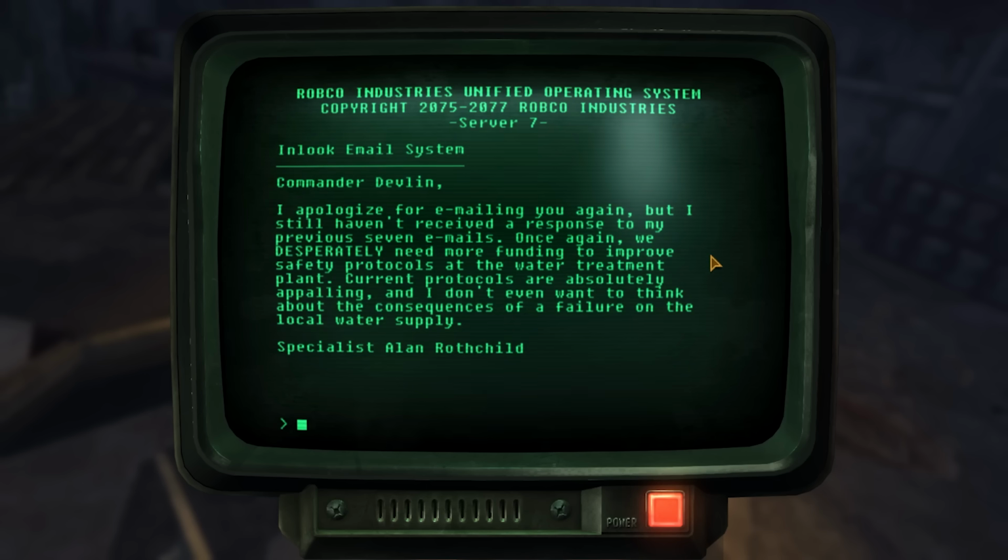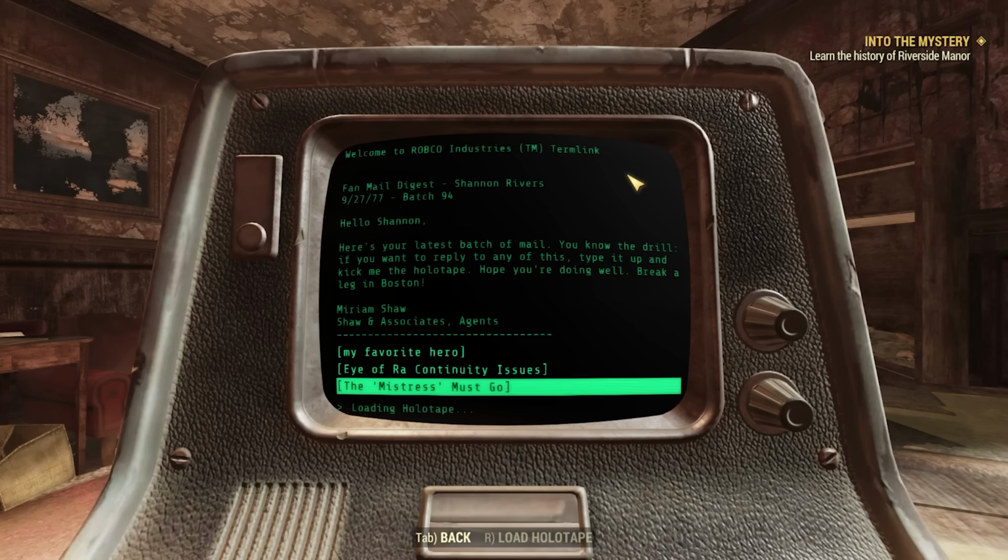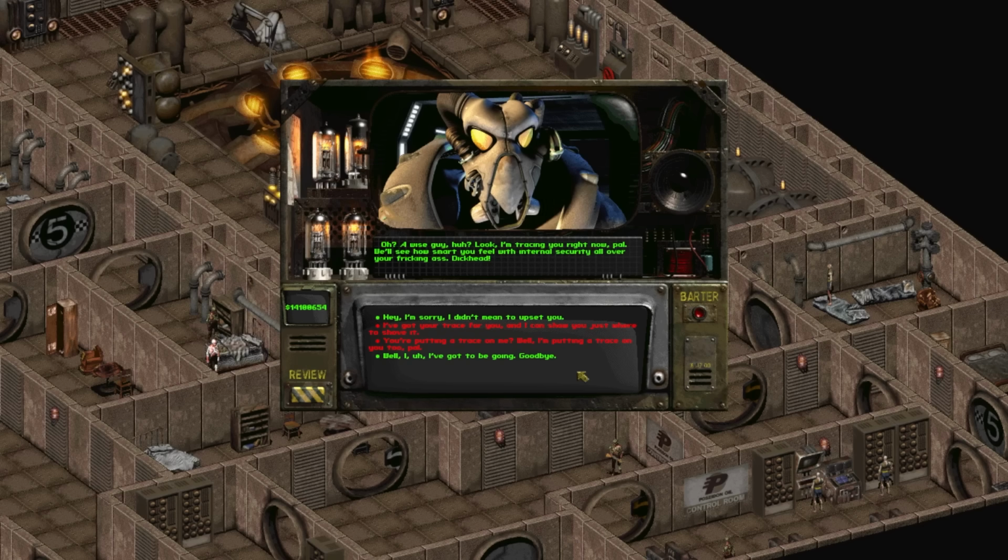Not all computer-based communication was done over networks. Sometimes messages were written and saved to holotapes, and then sent in the mail, like we can see with the Mistress of Mystery in Fallout 76. Lastly, the post-war internet situation seems to largely use pre-war systems like Poseidonet, and the new network, EnclaveNet, which probably piggybacks off the old network systems.